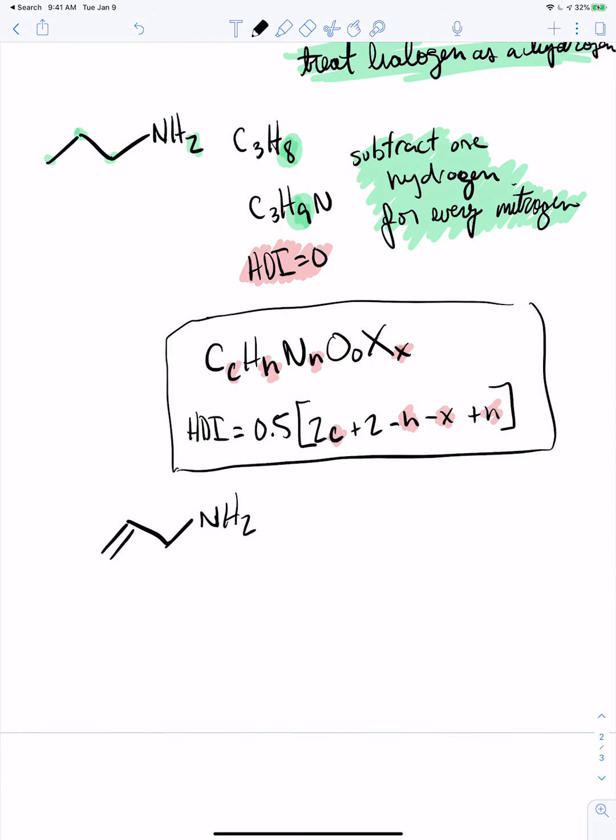So if I have this molecule and I'm asking, what's the HDI for this molecule? Let's say you just look at the molecule. Remember that all we're really concerned about are the number of pi bonds and the number of rings in there. What's going to be the HDI here? Well, the HDI is going to be equal to